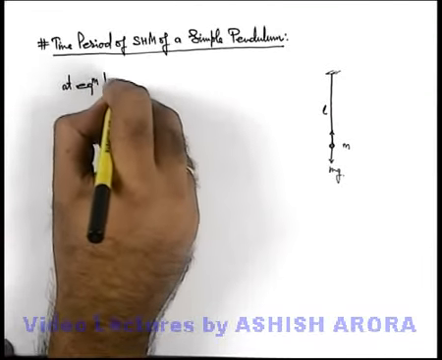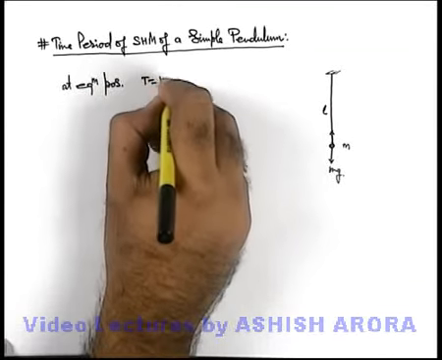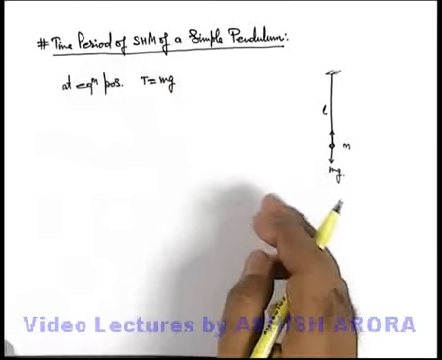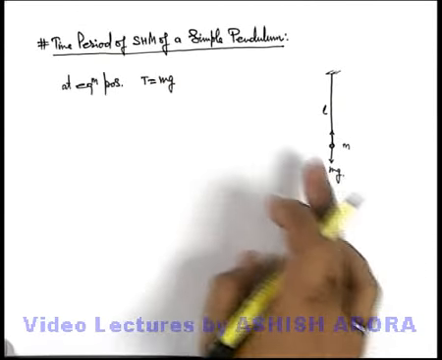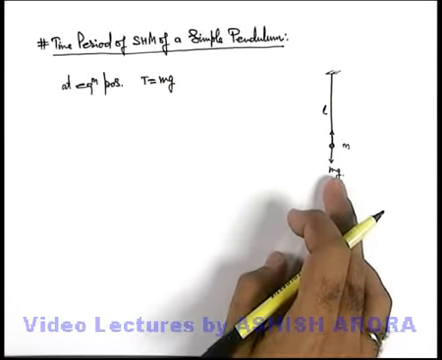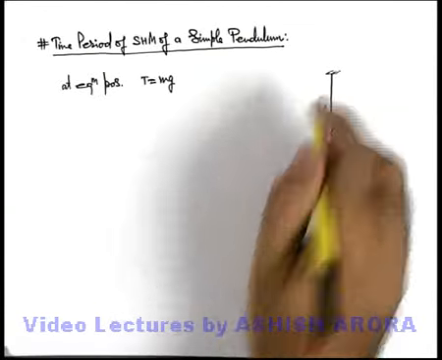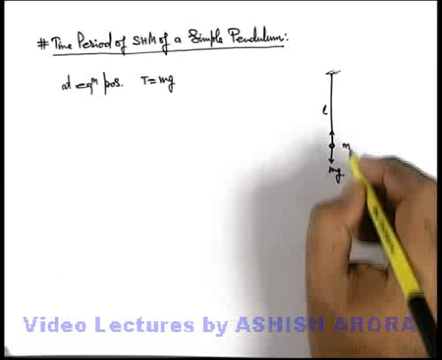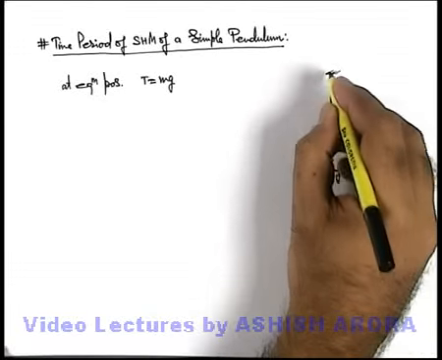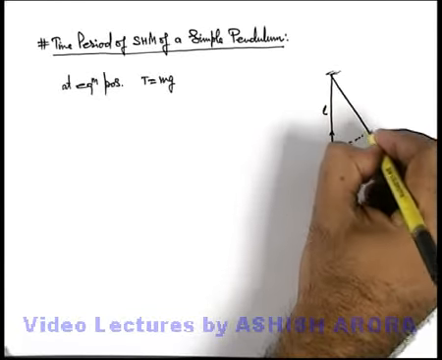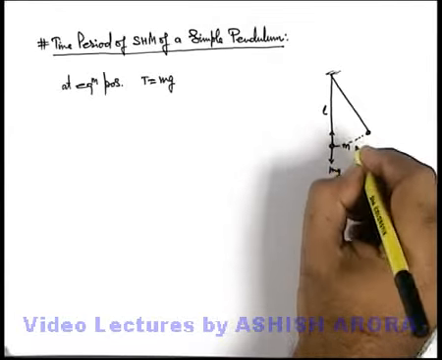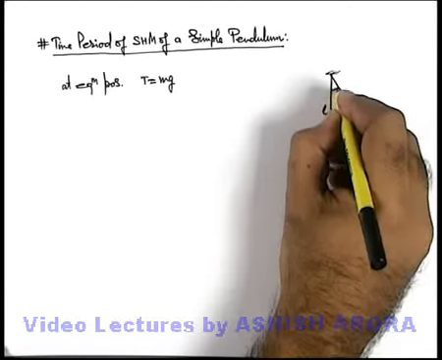at equilibrium position T is equal to mg. There is no need to mathematically further analyze the equilibrium position, as we are already aware it is vertically below the suspension point. Now we displace the particle, the bob of this pendulum, by a distance x or by an angular